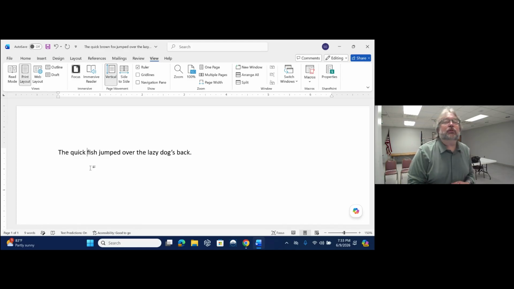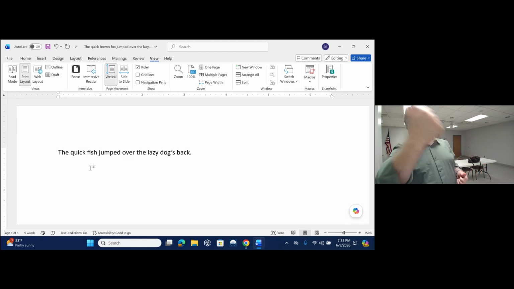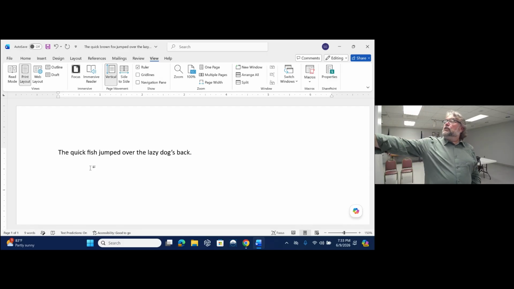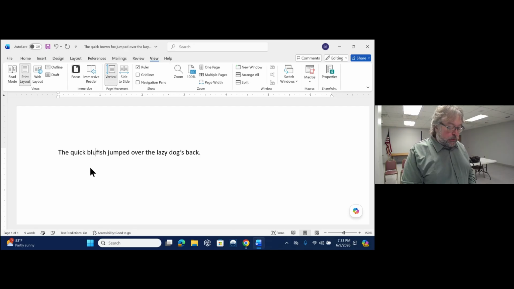So if you look up at your document and you see where your cursor is, if you want to delete the word behind it, you can hit the backspace key. If you want to delete the word in front of it, you can hit the delete key. Now that you have silver deleted, change it to blue. Type in the word blue. The quick blue fish jumped over the lazy dog's